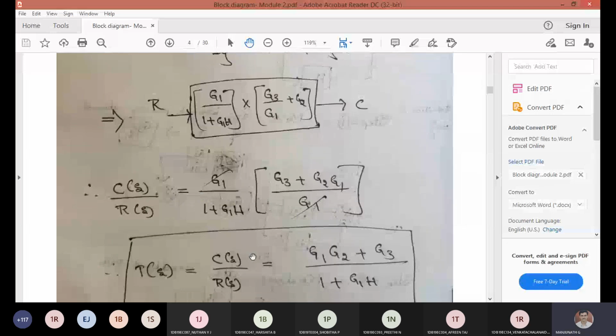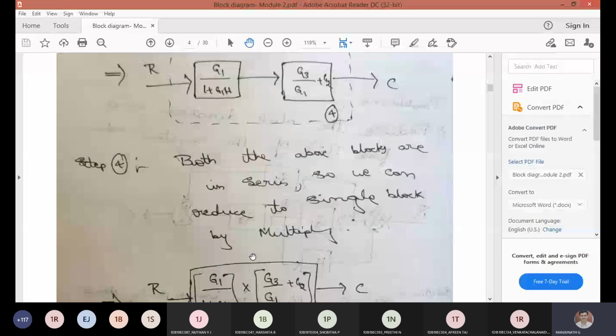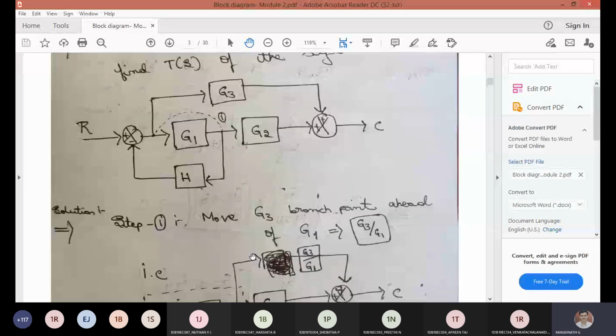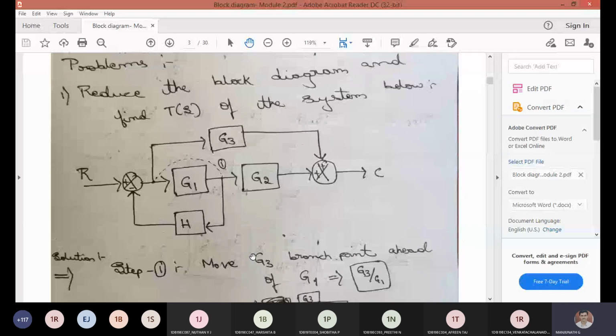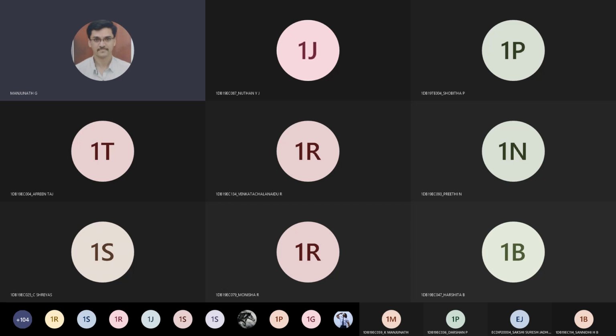I hope everyone got the way to solve a problem. Any difficulties, anyone? I just showed a simple problem to make you understand what rules we are following and how to apply the technique. Is this first problem clear to everyone? Yes, sir. So it will be for 8 marks. Depending upon the complexity of the network, the marks will keep increasing. I hope that made things clear. Any difficulties, anyone till here, you can ask.